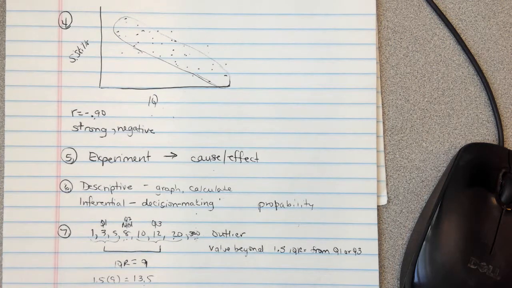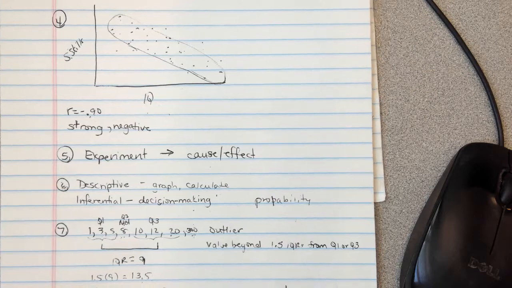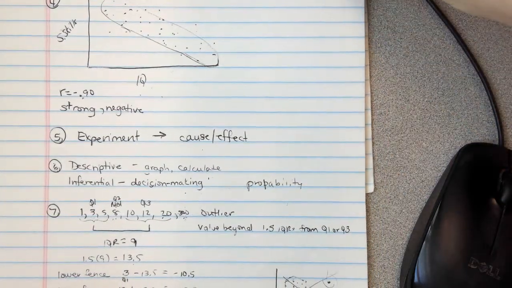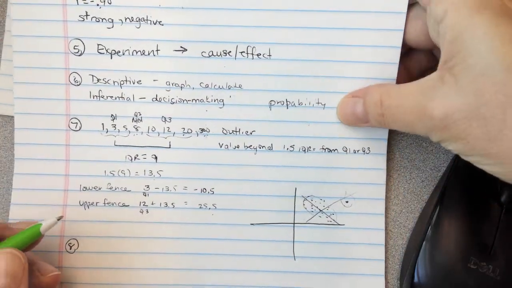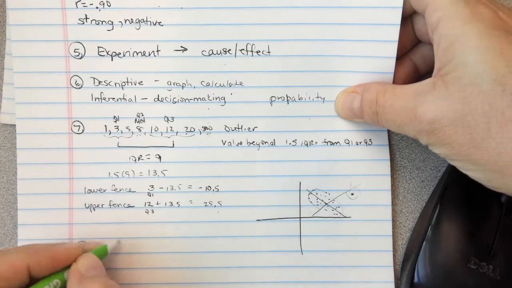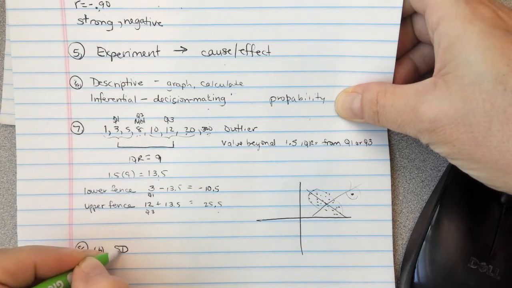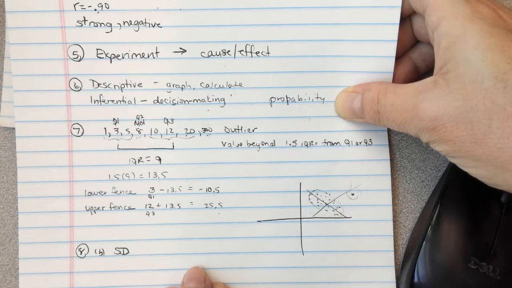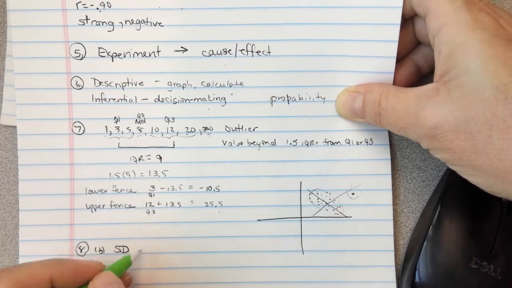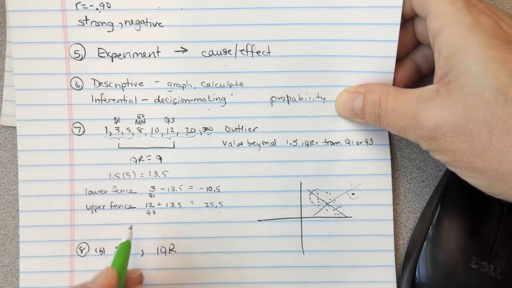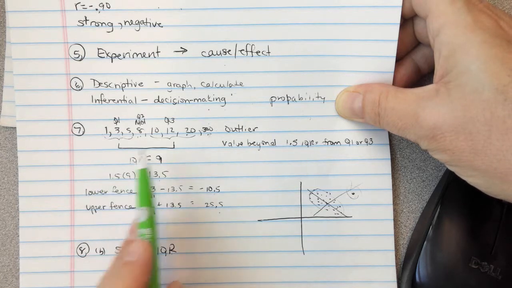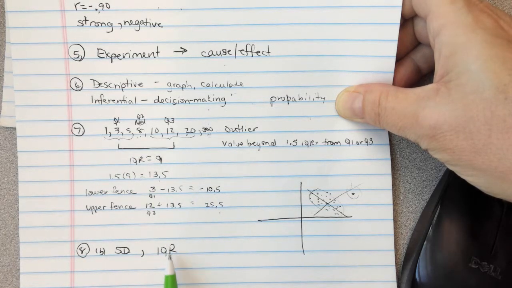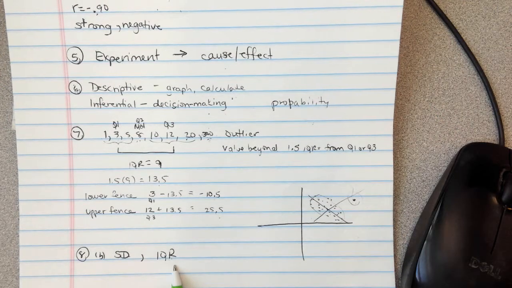Two commonly used measures of variability. Probably the most commonly used ones, for part B, the standard deviation is the one that usually accompanies means. So standard deviation gives you pseudo-average distance of all your data points from the mean. And then the interquartile range is one that we often use with one-dimensional data when we want to know how that middle 50% behaves.